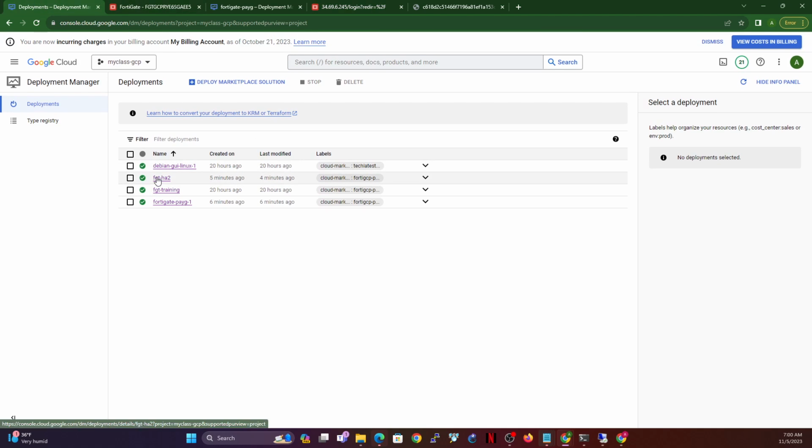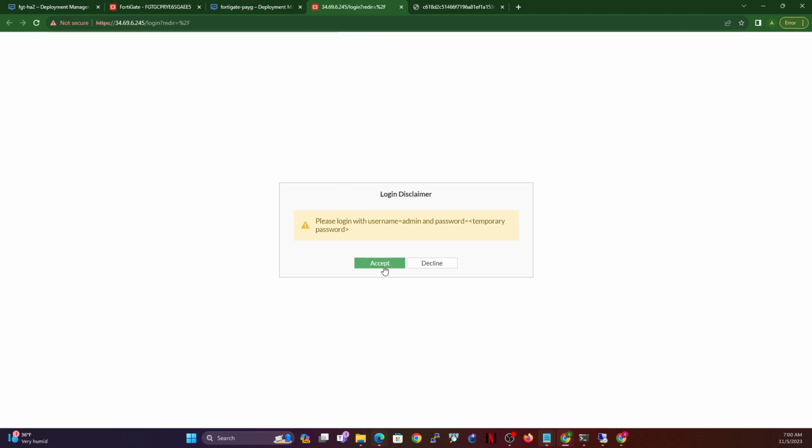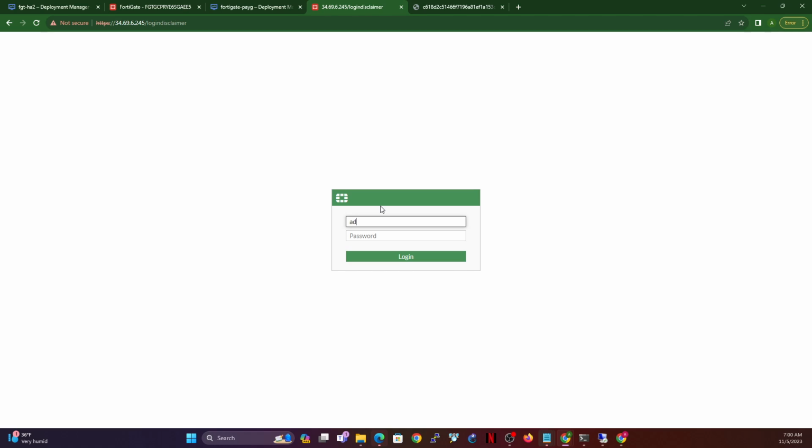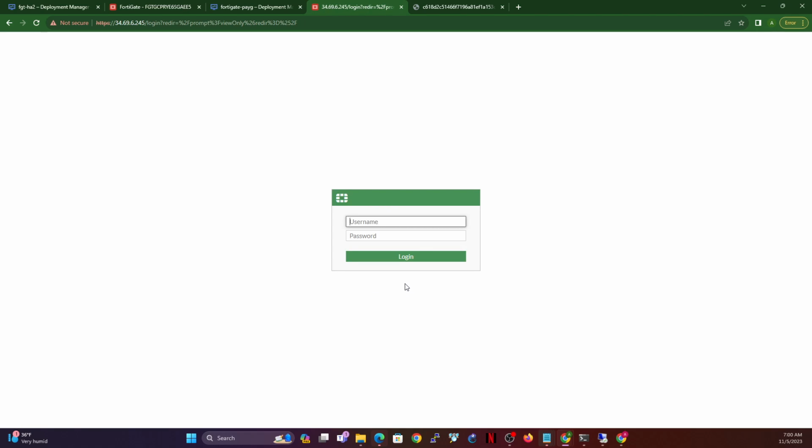So now go back to HA2, copy the temporary password. Paste it there. Username is admin. Paste the temporary password in the old password. Type your own new password. Click OK. Now log in